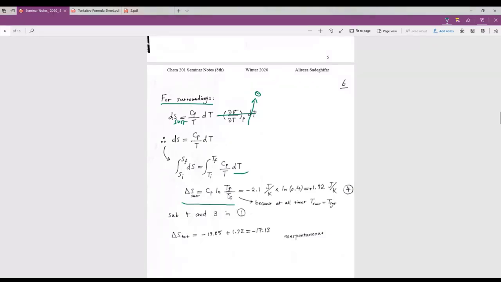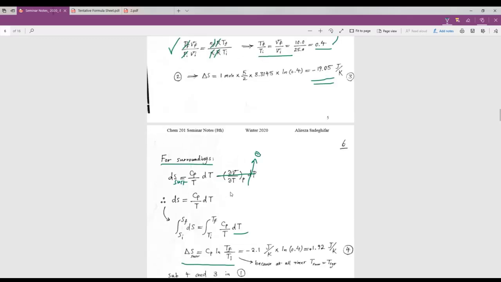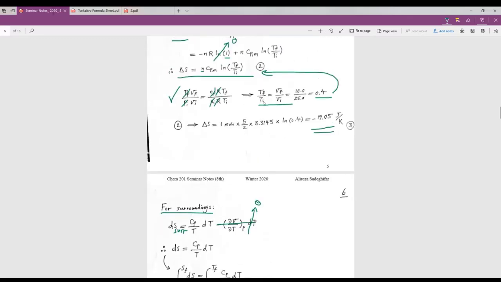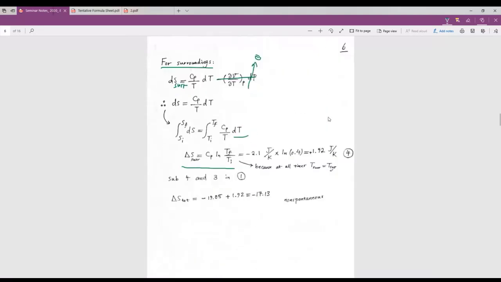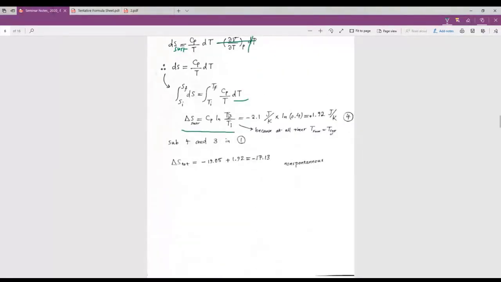Okay, this ratio must be the same as that one. We already have a value actually, up here, for T final system over T initial system. So T final over T initial system, it's 0.4. Therefore, for T final surroundings over T initial surroundings, we can use that value here, and of course 2.1 for